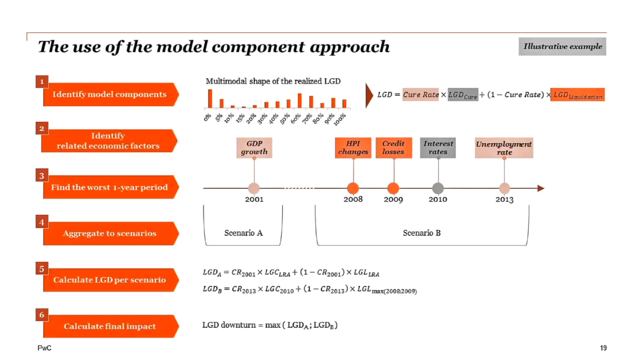For scenario B, we have a case where two worst years were identified for the LGD at the time of liquidation. In such cases, we just need to take the maximum of two values. And step 6, finally, where we need to take a maximum of two downturn LGD values for two scenarios to get the final LGD. I would say this approach is pretty easy in theory until we approach and analyze the data. And now I would like to move to MOC, the margin of conservatism.